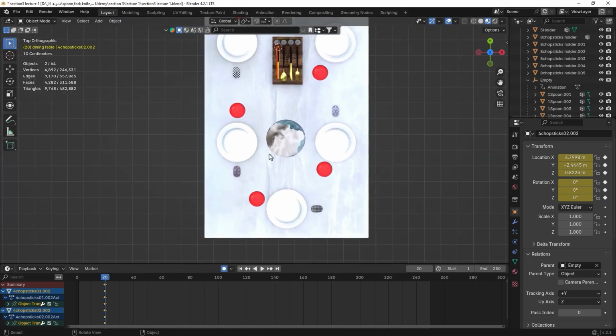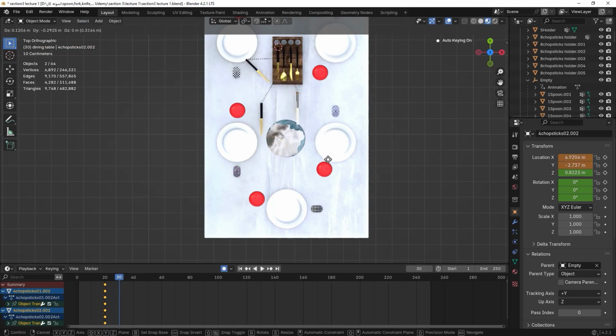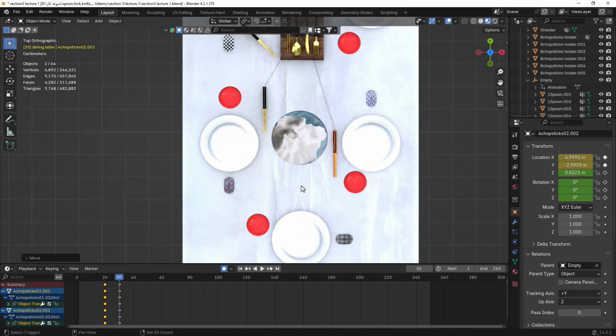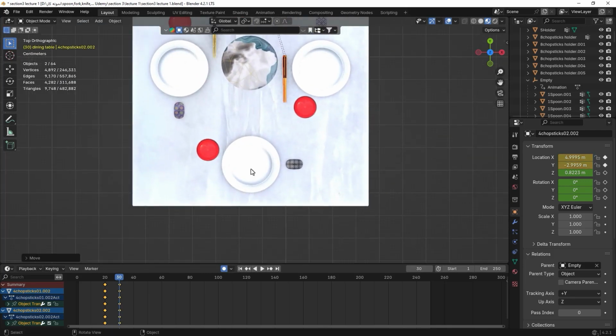So at first we make sure that the auto keyframe is on, and then in frame 30 we move the chopsticks forward a bit and create a keyframe,